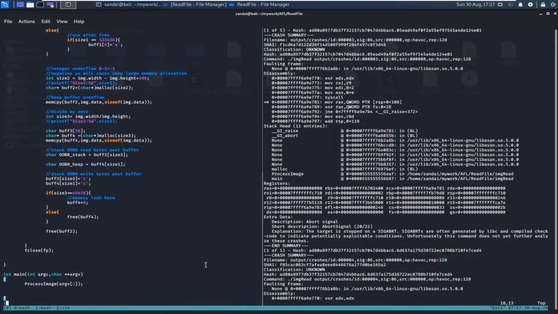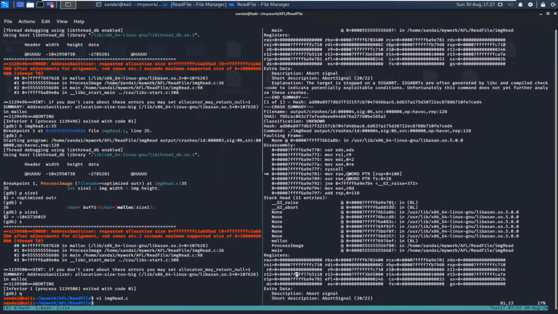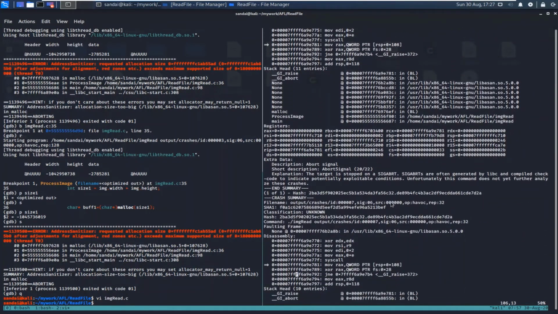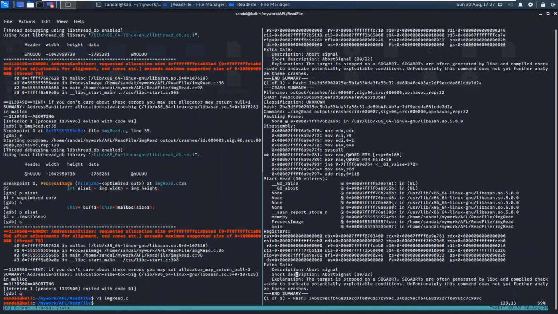So let's go and see another crash, and let's try to analyze one more root cause, and then we will close this video. The second crash over here is in memcpy. Yes, this is interesting. So we can see this crash.